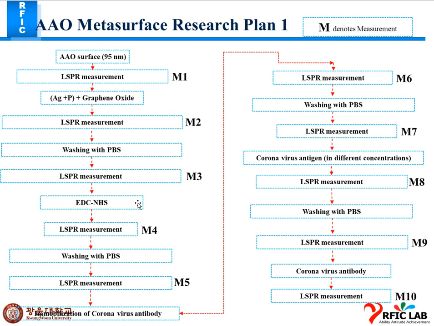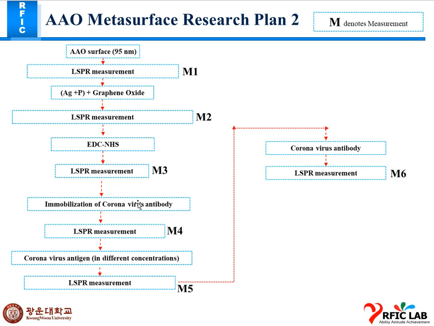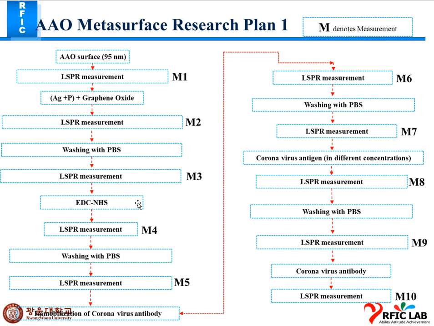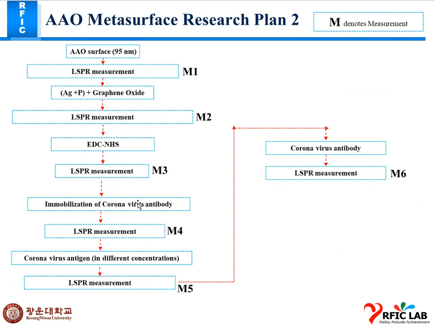This plan we follow when we get the MUA chemical, and simultaneously we also go with the other plan, because there are two different kinds of research plan. The first one uses washing with the PBS in each step. In the second there is no washing, so we go without washing. We just put on the chemicals like AG protein and the MUA, EDC, and the antibody and antigen without washing. So we have to check these two different kinds of research plan.